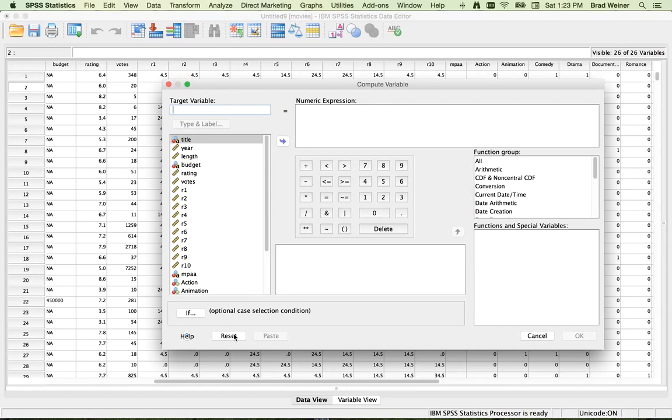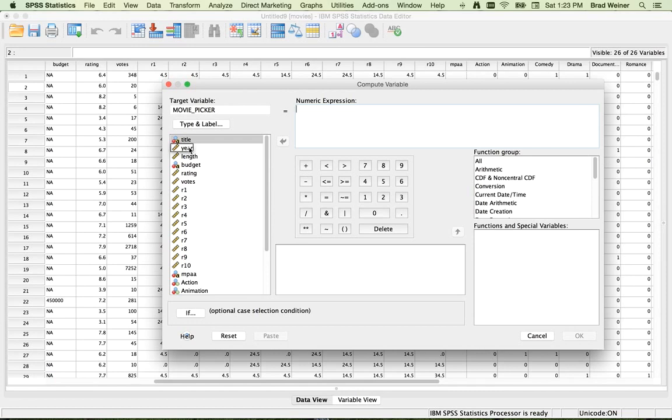And what we're going to do is we're going to try and make a variable that is an indicator, which means some will be 1 and some will be 0. And that indicator will select whether or not a particular condition is true. So what we're going to do is we're going to go in here and we're going to try and pick any movie from 1987 that is less than 90 minutes. Sound good? So we're going to first name it. We're going to call it, well, we don't want to call it filter. We'll call it,